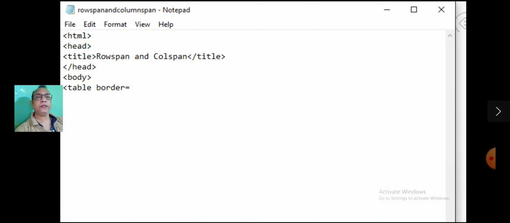Table border is equal to, in the quotes, 1. Start with the first row, TH heading 1. We'll have 4 columns: heading 1, heading 2, heading 3 and heading 4.